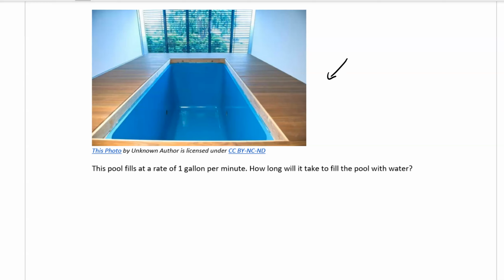So in the previous example, we found that this swimming pool could hold 450 cubic feet of water because that's what the volume was. This next question asks us, this pool fills at a rate of 1 gallon per minute. How long will it take to fill the pool with water? Well, first of all, it's probably important to know that 1 gallon of water